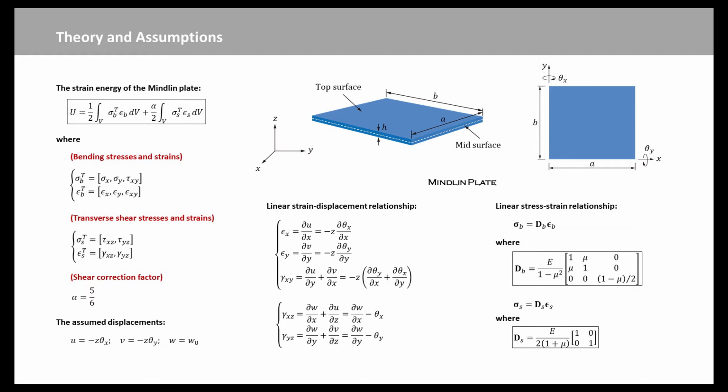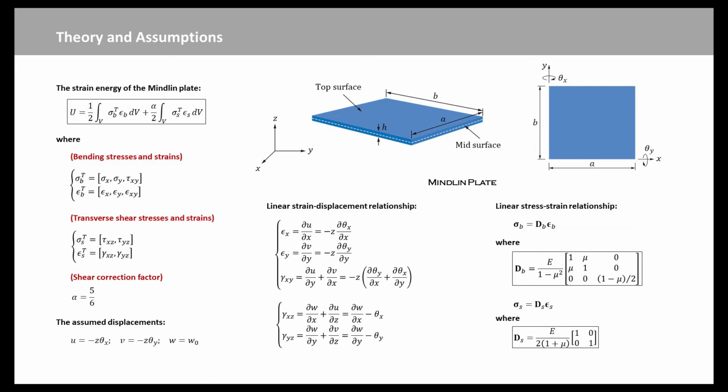In linear Mindlin plate theory, the displacements u, v, w at x, y, z are expressed as functions of mid-plane deformations w, theta x, theta y, where w is transverse deformation, and theta x and theta y are rotations of the normal. These normals remain straight after deformation, but need not remain perpendicular to the mid-plane. This allows shear deformation in the plate. The strain energy of the Mindlin plate considers both bending and shear contributions. The alpha is a shear correction factor and equal to 5/6.